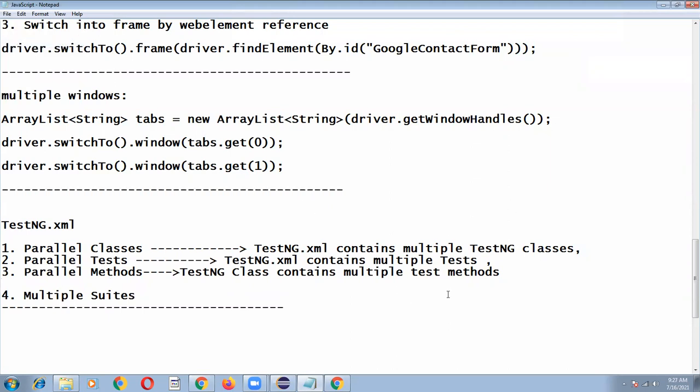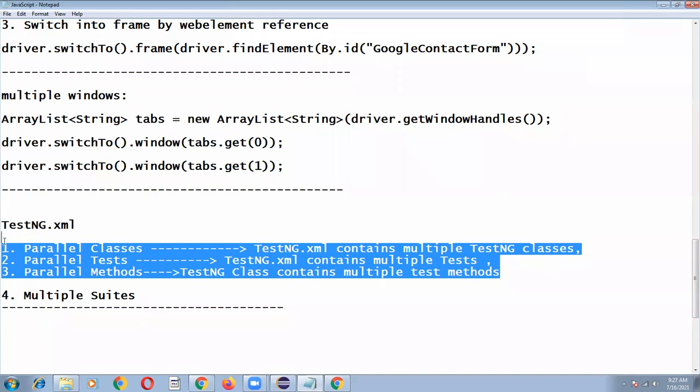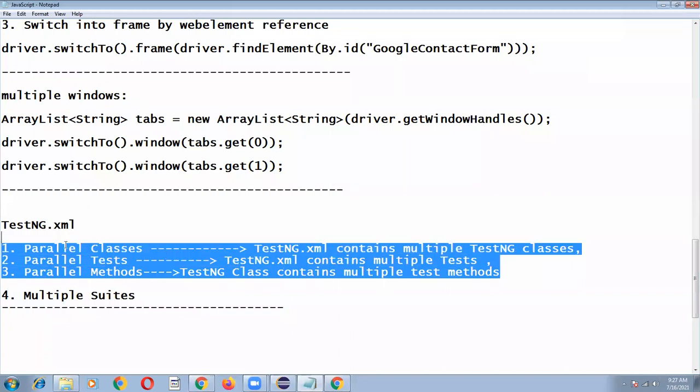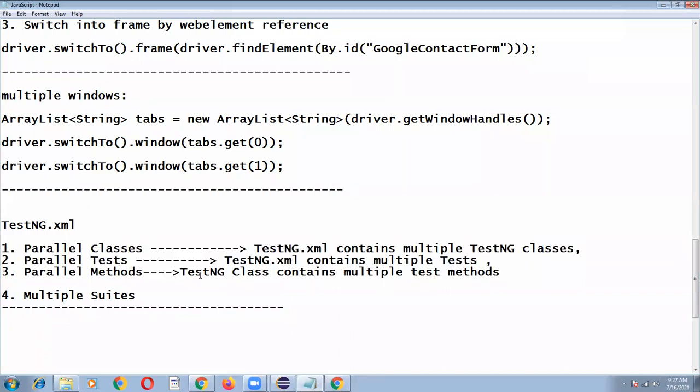Okay, has anybody any doubt so far? Before that, I am going to ask one question to everyone. Okay, suppose you are a team lead. Now we discussed all the 3 approaches. One guy has developed TC01, another guy has developed TC02, and you are a team lead, and you have to integrate all the test cases and execute them. So which one is the best approach you are feeling, and which one will you follow? I explained all the 3 concepts. Which one is the best and simplest, easiest way?